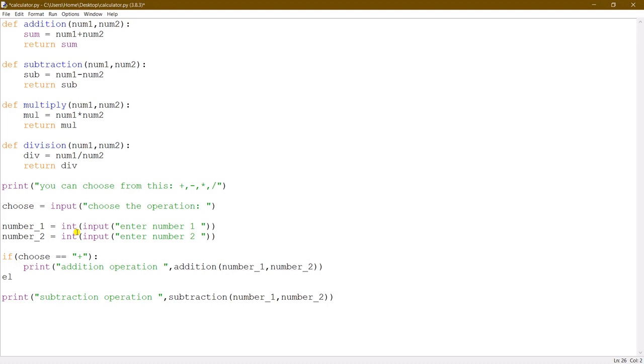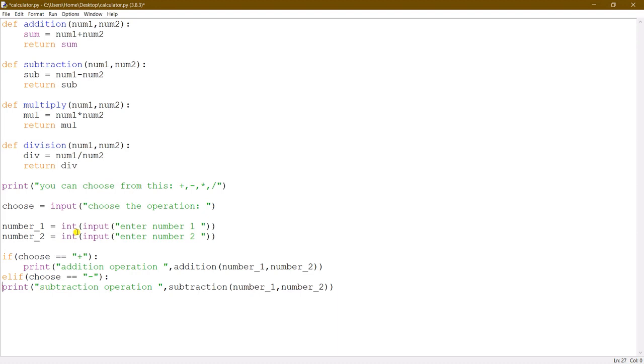I'm using elif, that is else if the user choose value is equal to minus, then it must perform subtraction, right? So I'm using this print statement, and elif the user's choice is, suppose, star, that is multiplication, and in the print statement I'm calling the